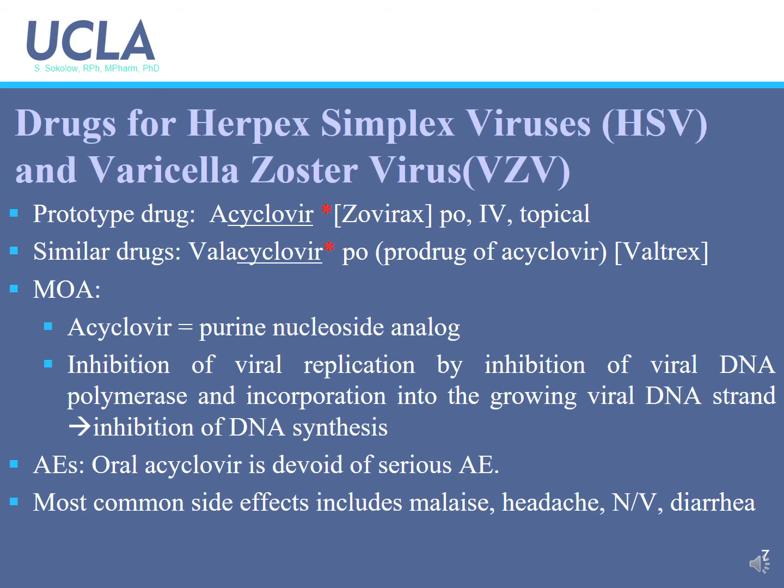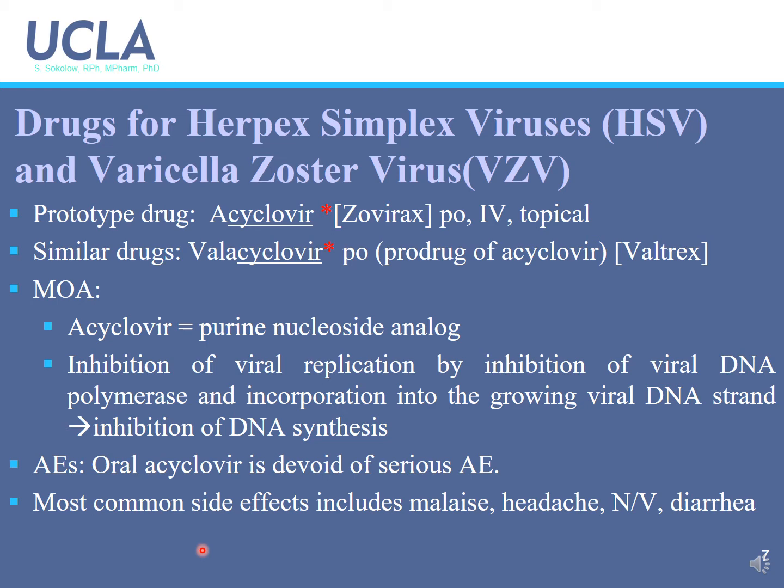So first, let's talk about the drugs that are used to treat herpes simplex viruses, so HSV1 and HSV2, and also varicella zoster virus. The prototype drug is acyclovir, brand name Zovirax. This is a very popular drug for treating those viruses. It's available PO, IV, and topical